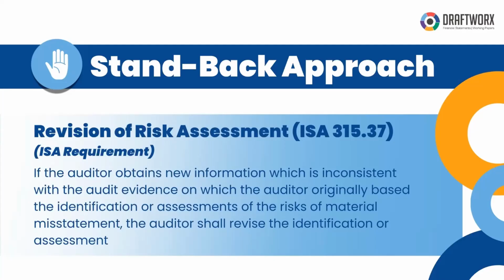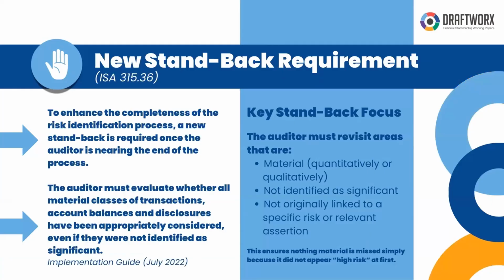view was. Okay, so if you look at the implementation guide for ISA 315, paragraphs 95 to 96, which also addresses paragraph 36 in the actual standard. Towards the end of the audit, the auditor must pause, they must stand back a little bit, and then just reassess their risk conclusions. So they should check that the risks identified across all major financial areas still make sense on everything that they have learned thus far. So they must also make sure nothing important was missed, especially material accounts or disclosures that were originally flagged as